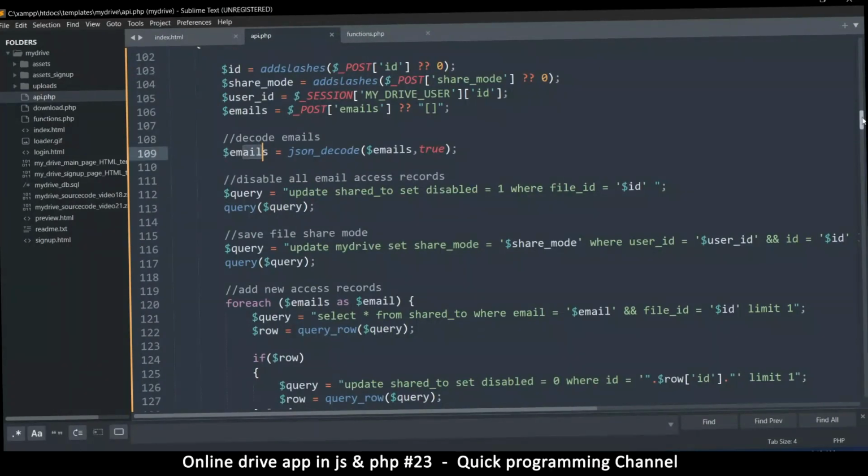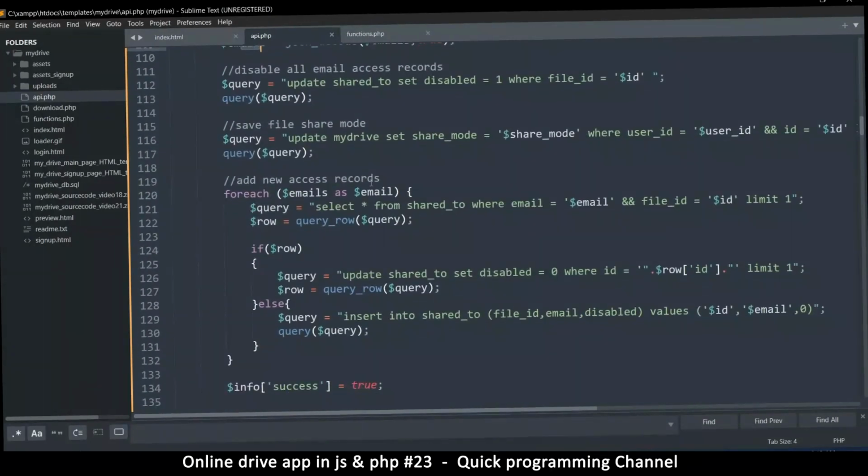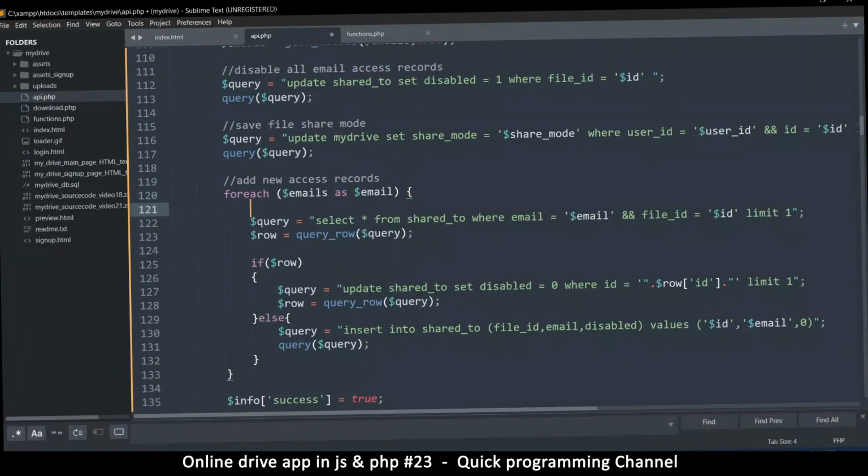So whenever we are saving the email updates, so there's an email over here, right? So this email must be valid. If it's not valid, we continue and just ignore it. So what I'm going to do is, we won't even bother to check. What we're going to do is, let's say